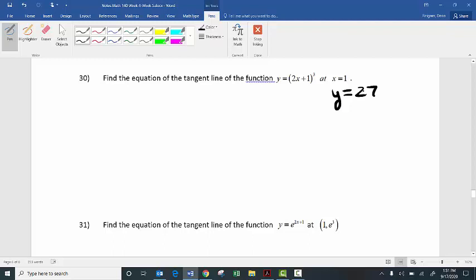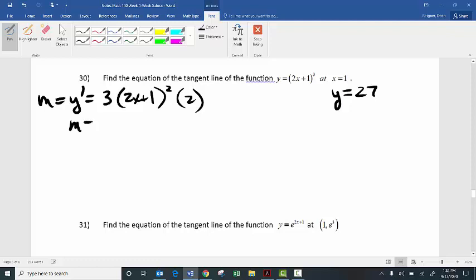The first thing whenever you see a tangent line problem is you need the slope of that tangent line. So slope, if you remember, is the derivative. That means you're going to take the derivative of that function. So this is the chain rule. 3 times 1 is 3, 2x plus 1 is squared, and then you need the derivative of the inside, which in this case is 2. So now the slope, the derivative, is this formula: 6 times 2x plus 1